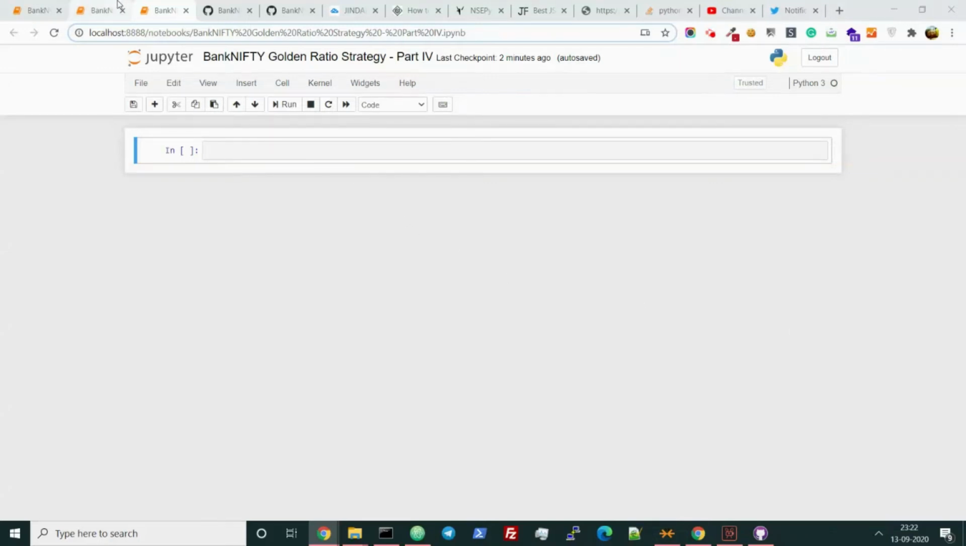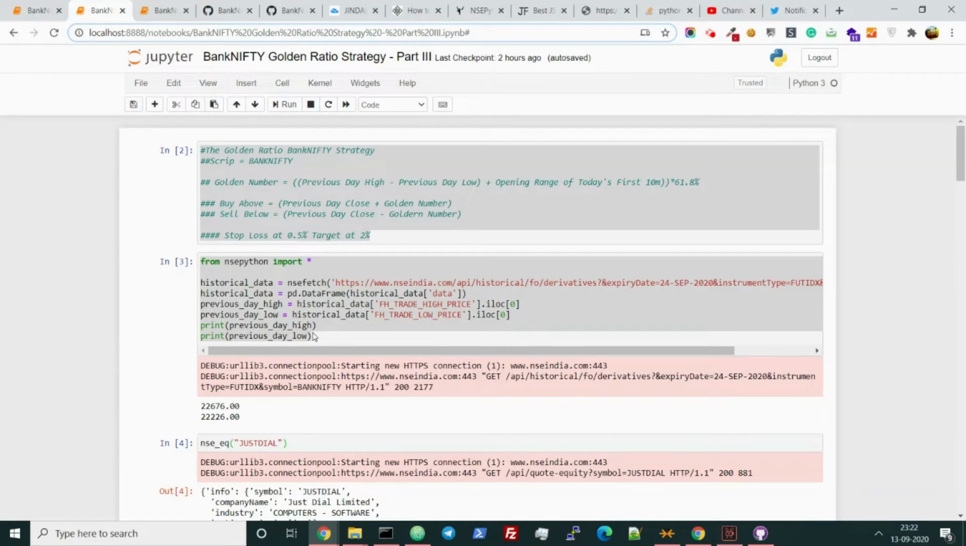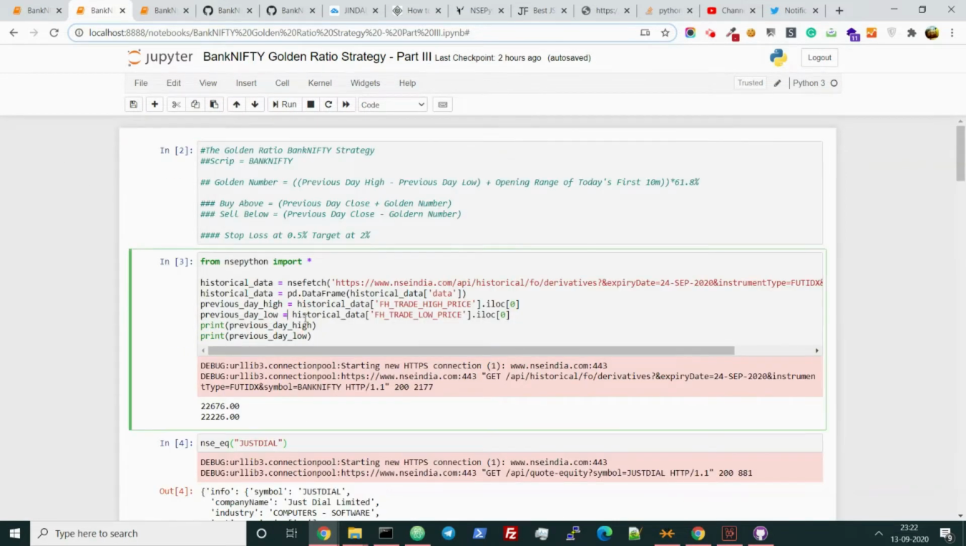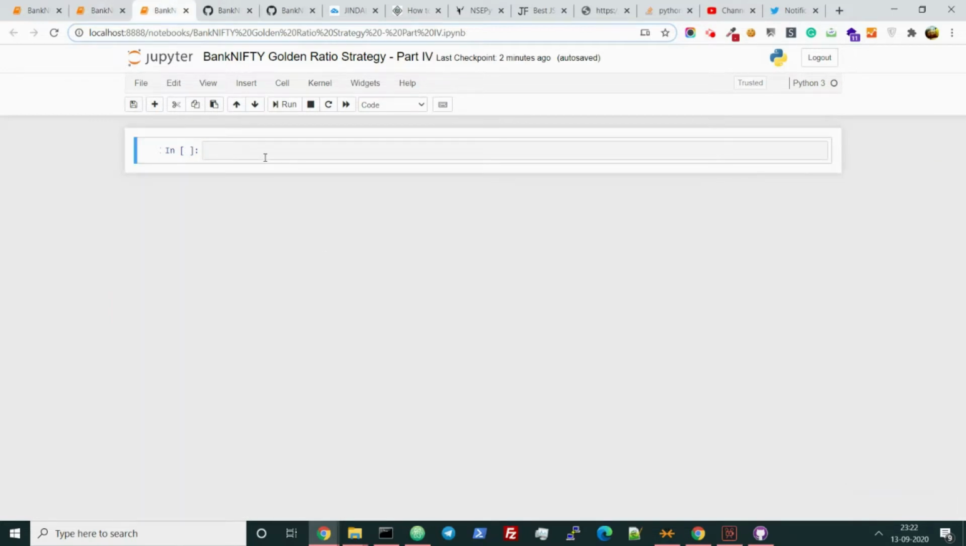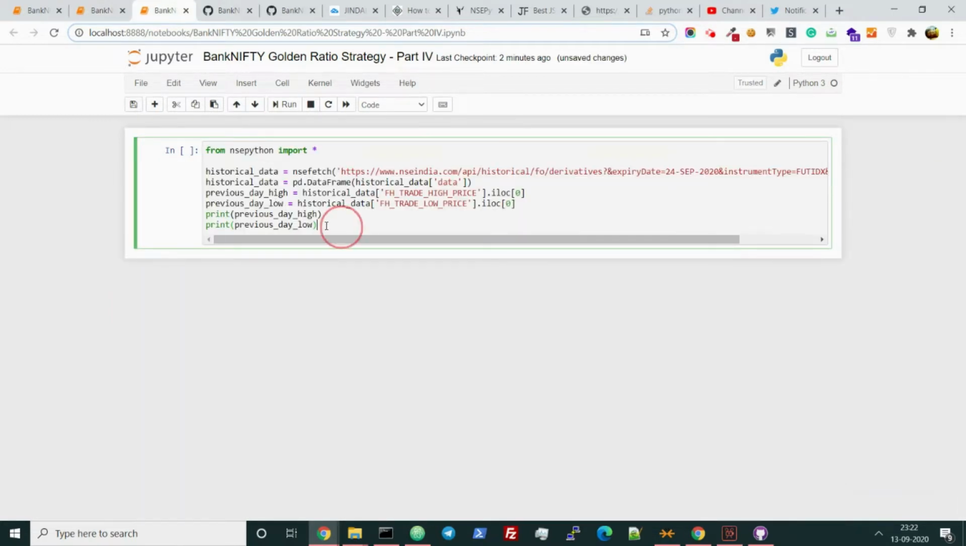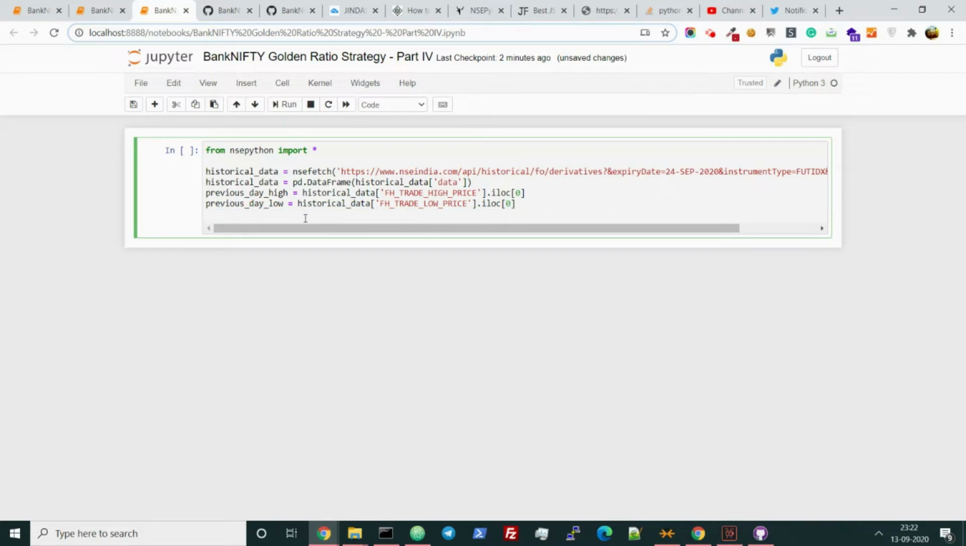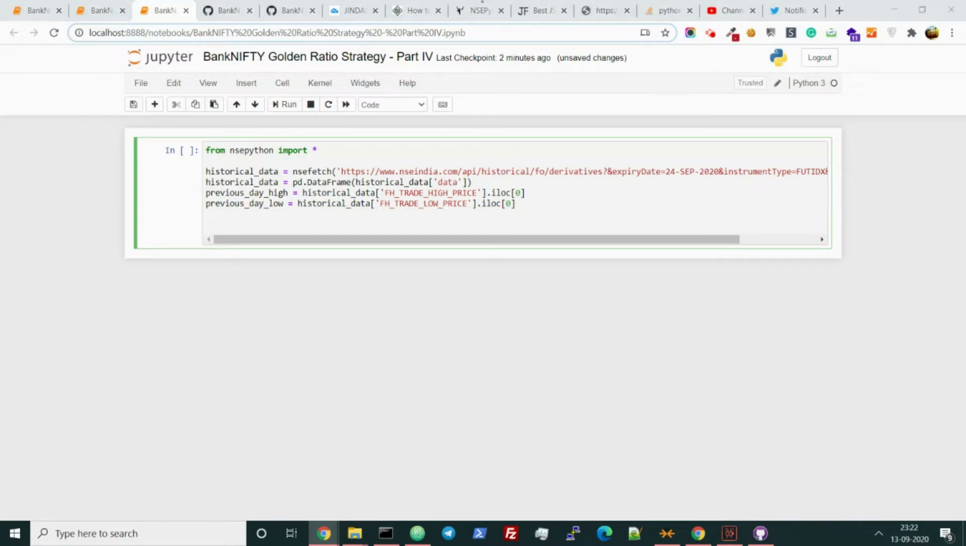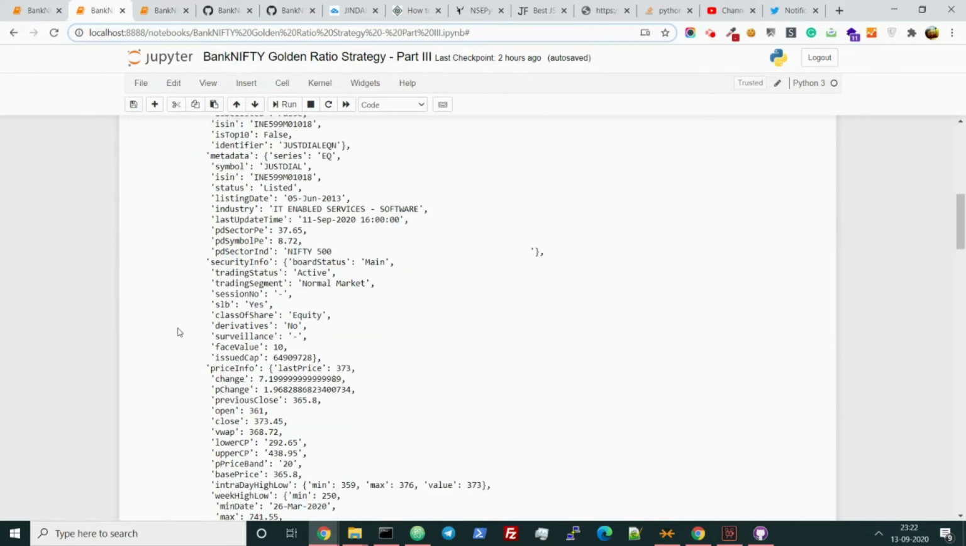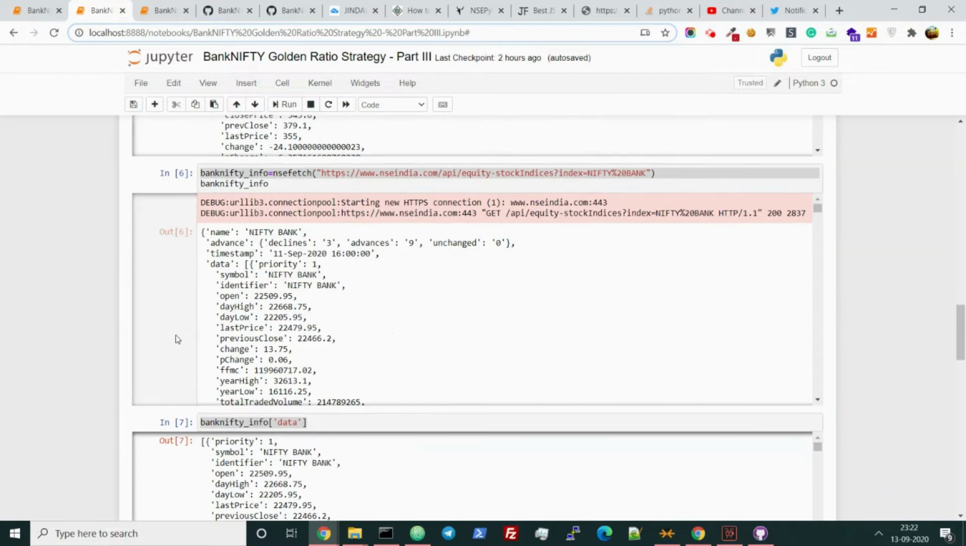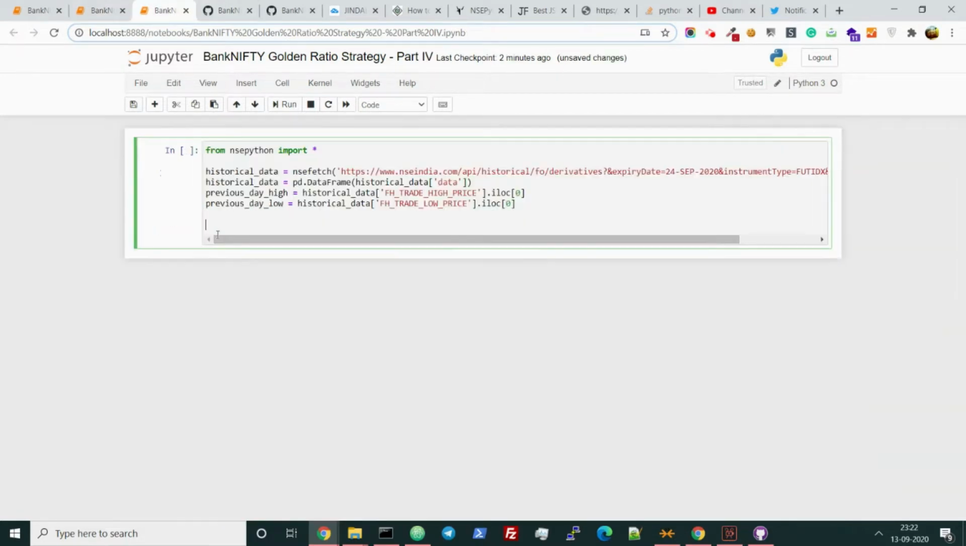So let's start with copying the previous code and putting it in one place. For some reason it got hung. So this is from the second part of the video, and let's check what we have done here. The Bank Nifty info. This is from part 2, and this is